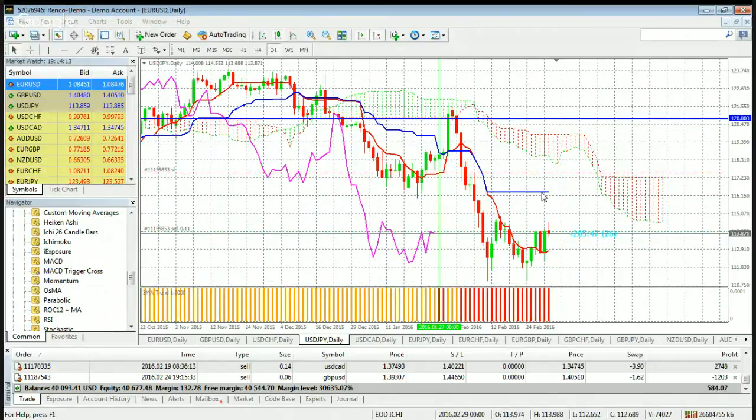Hopefully for us, we get a bounce off the Kujin level over here, but we're just gonna have to wait and see. I mean, there's still a lot of time left for the market to do its thing and so forth. So yeah, we just need to wait. It was quite higher up earlier in the day, and it's starting to push a little bit lower. But like I said, we're losing basically